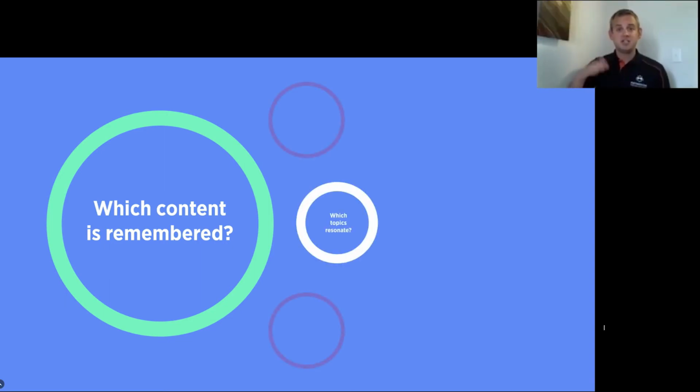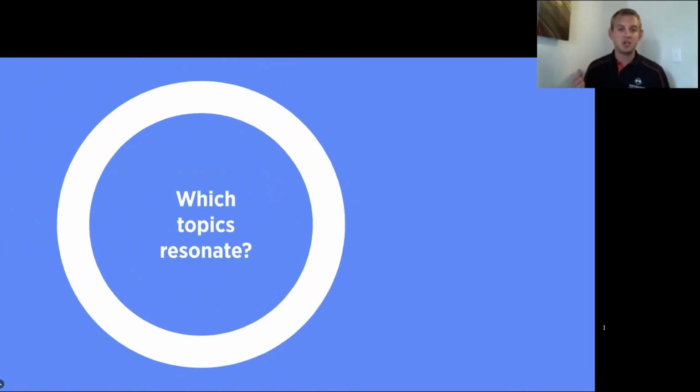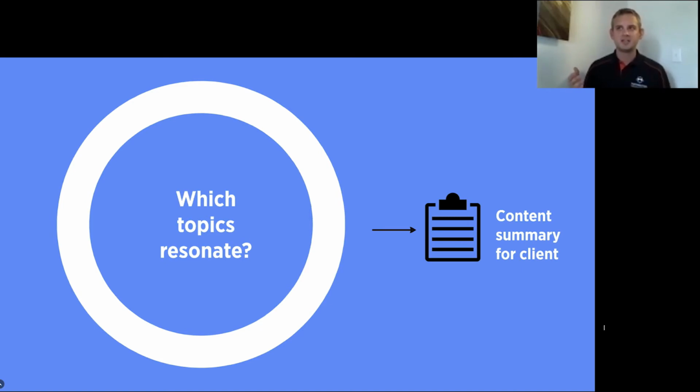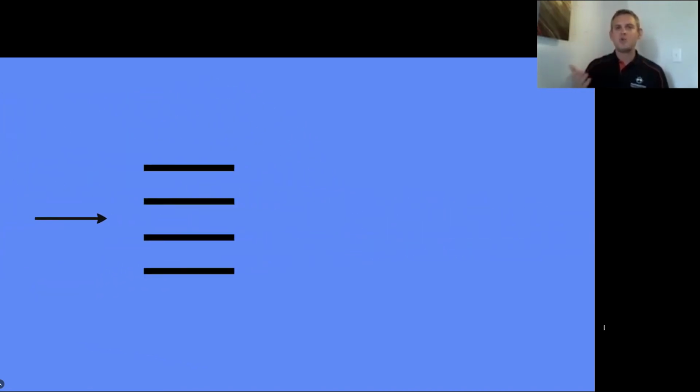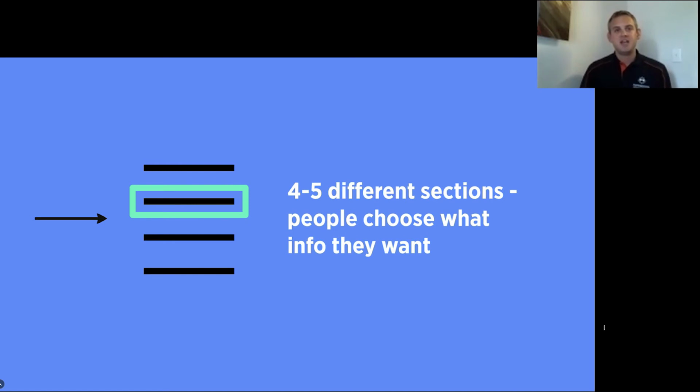In addition, to take it a level further, we can actually look at which content is resonating. So as another example, we created sort of a conference summary for our client. They had a big industry event. They had breakout sessions throughout the entire time. And so they wanted to just create a recap document for people as a reminder of what they experienced. So we created this layout with 4 or 5 different sections. And right off the bat, when people landed on that presentation landing page, they were able to choose which section they wanted to get information from.